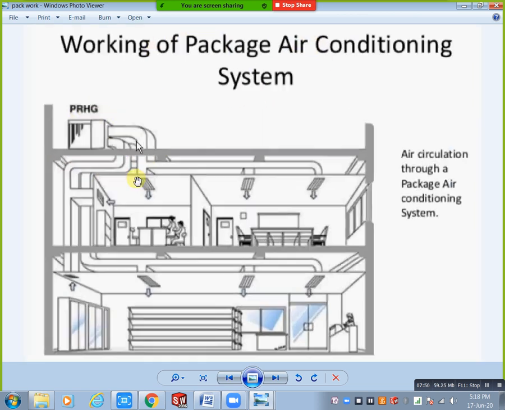Okay, this is the supply air duct. You can see these are ceiling mounted grills. Here our supply air duct is coming like this. At the same time this is also supply. Are you seeing this? This is also a supply air duct, and at the same time this is also a supply air duct, and this one is the return air duct. This type of connection is there in that mission also.